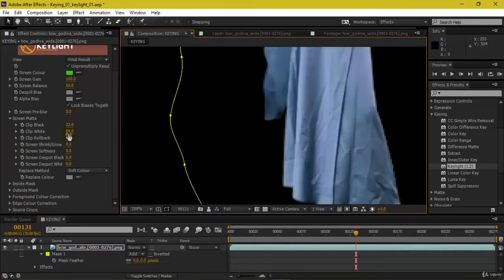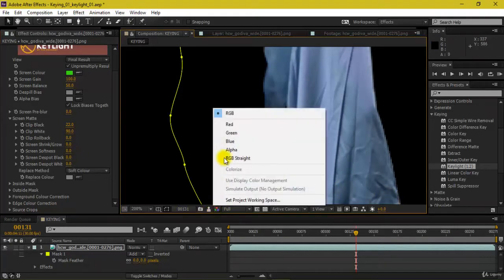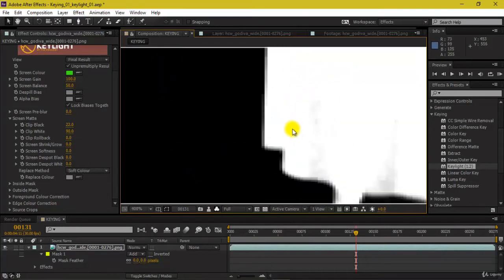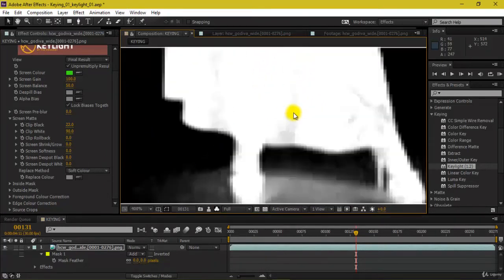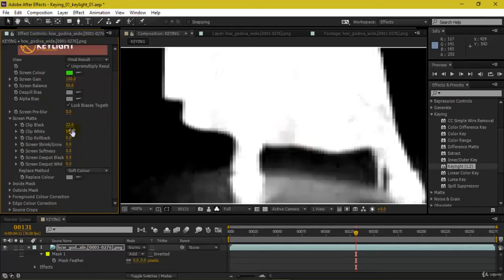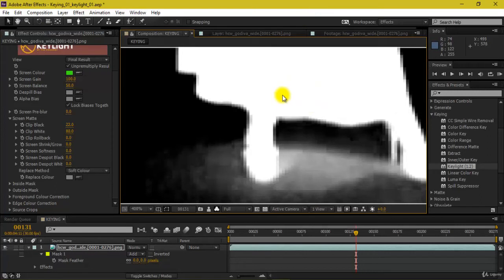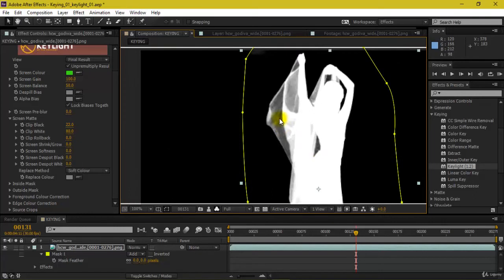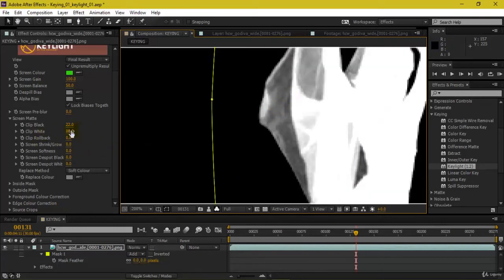And even this area over here is 255. So let us make this 90 and see what happens. Yeah, it's 255, pretty fine for me. Go back to alpha here, and yeah, we can check this. 255, pretty fine. Again, this area over here is 231. So let us go back to 88. So finally we have landed on 80 with 100% opaqueness of the cloth, which is 255. And let us see on this. This is slightly semi-transparent.